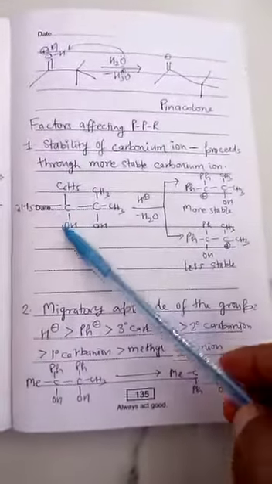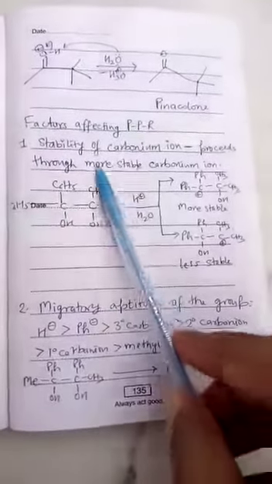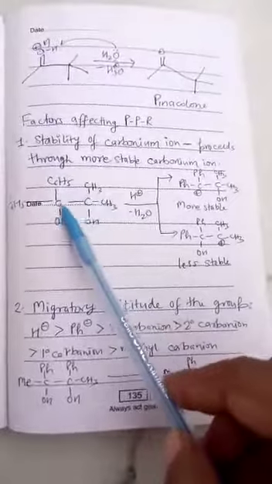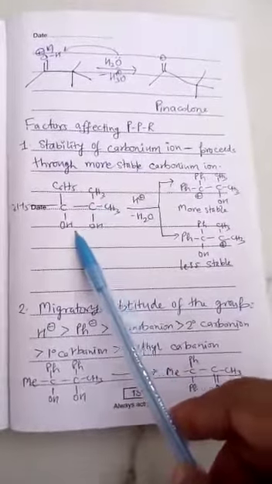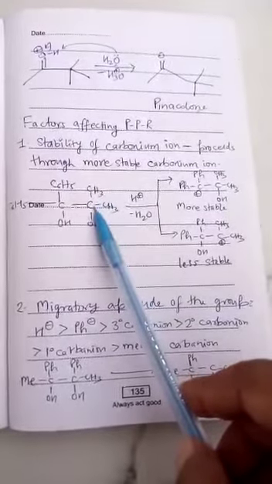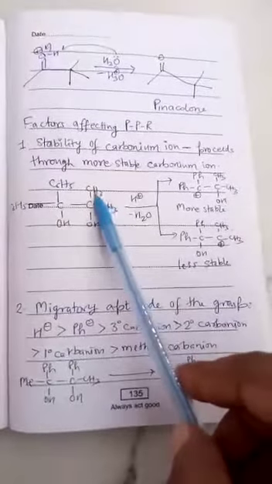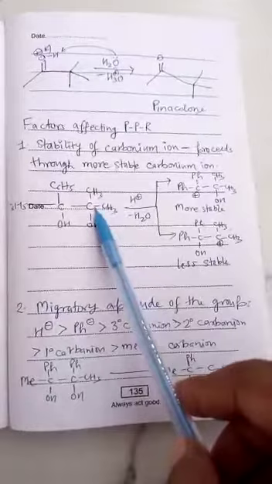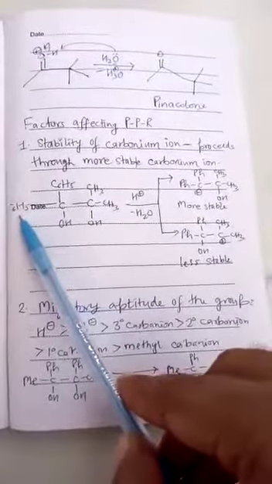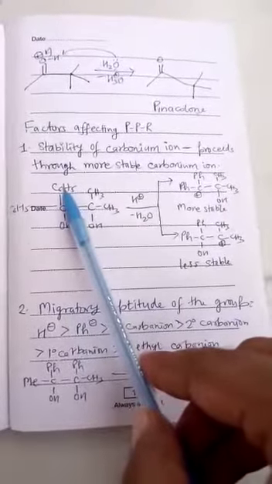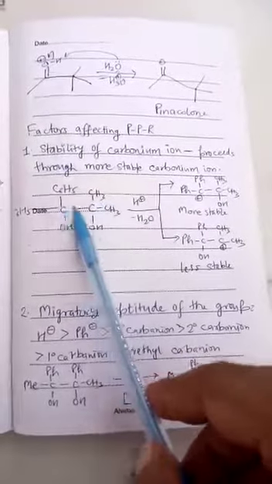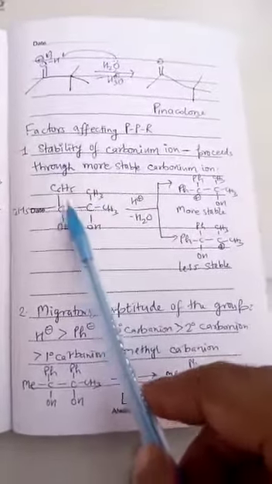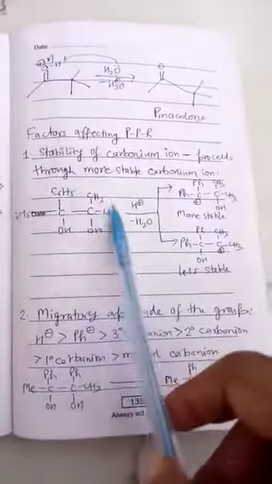Now you see in this molecule there are two types of carbon attached with the 1,2-diol. Two CH3 are substituted on this carbon, and two Ph groups, phenyl groups, are attached to this carbon. So both the carbons, this one and this one, are different,